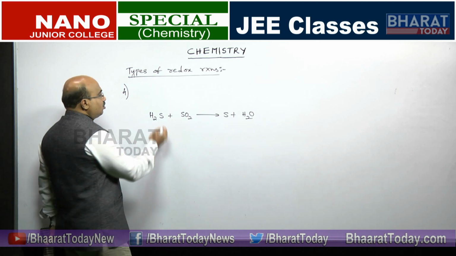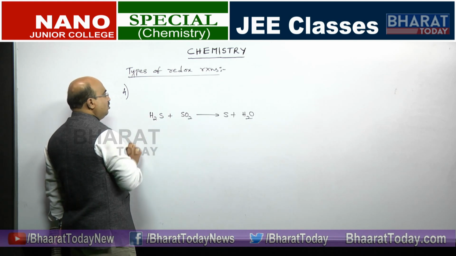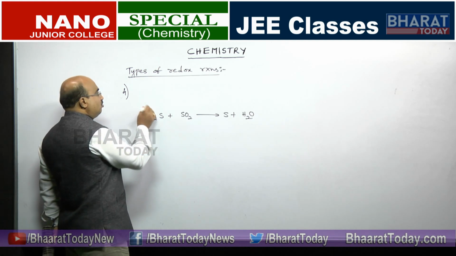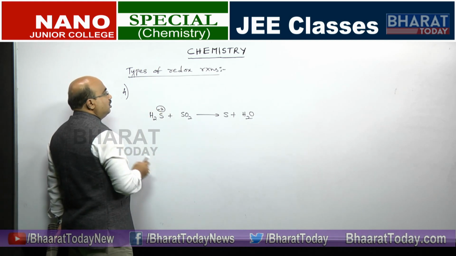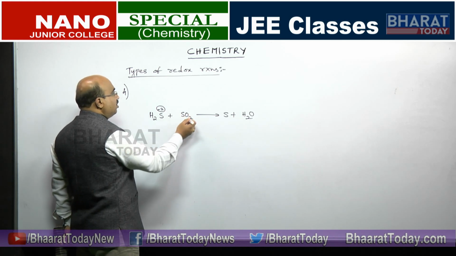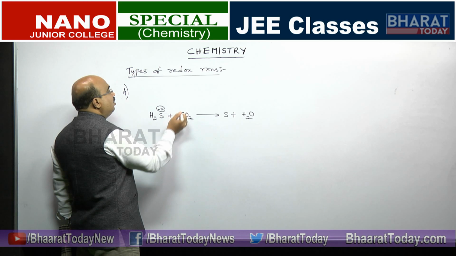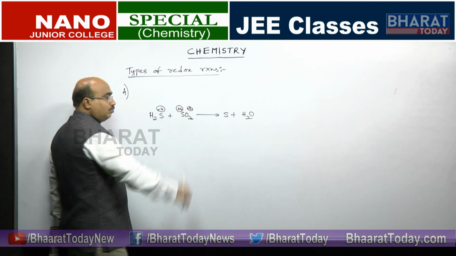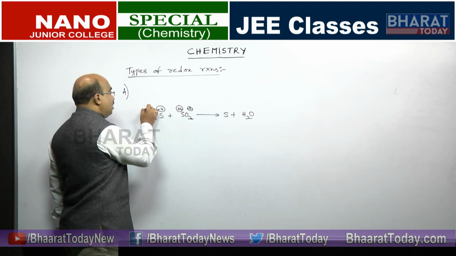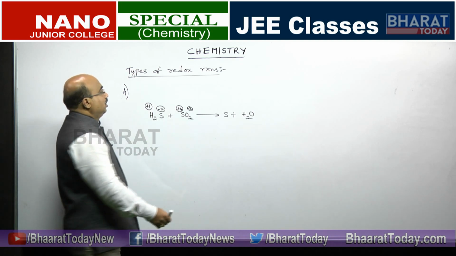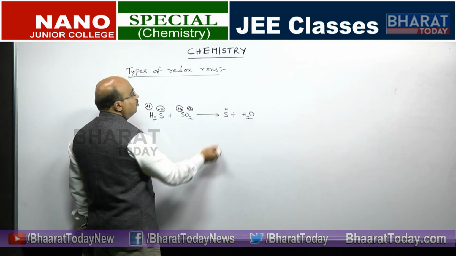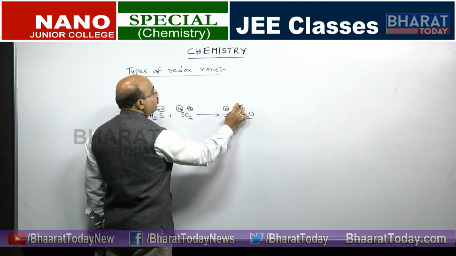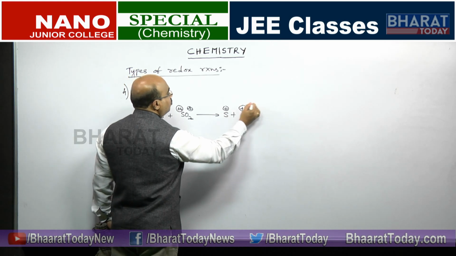So, what is the oxidation state of sulfur here? Hydrogen is anyhow +1, because only when it is with a metal you will have -1. So, this is +1, this is -2, we already did this in the previous classes. Oxygen is -2, so we will get sulfur as +4. Here you can write hydrogen +1, sulfur is 0 because it is an element, hydrogen here is +1, oxygen here is -2.